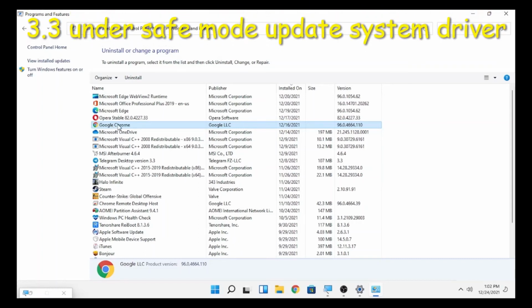And the other solution related to safe mode is related to updating system drivers. Updating the system drivers can also cause this problem.